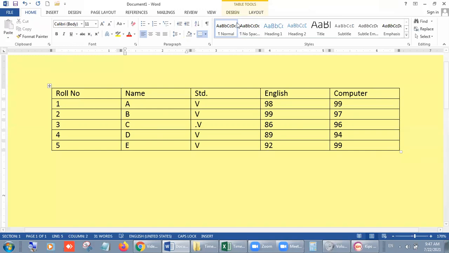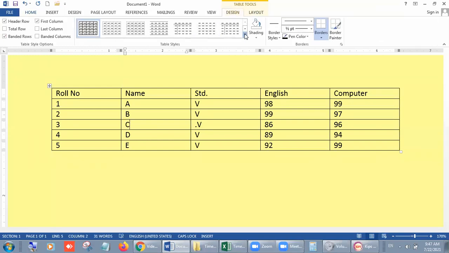Okay, look, students, Design and Layout. Now we will move on to Design.